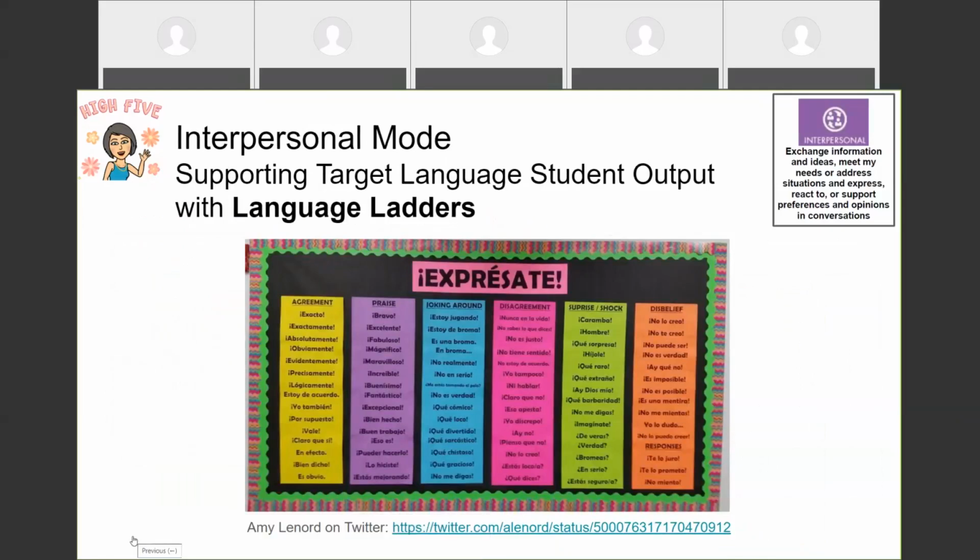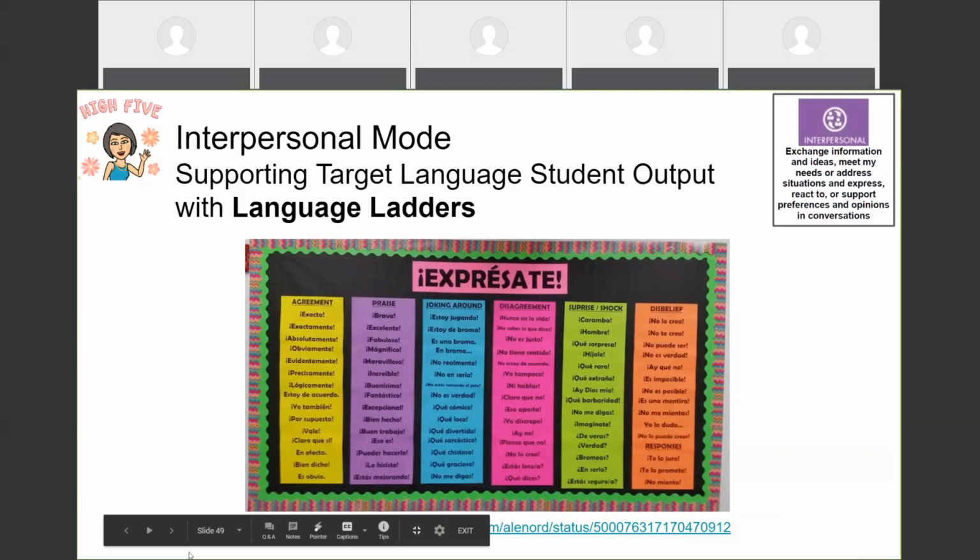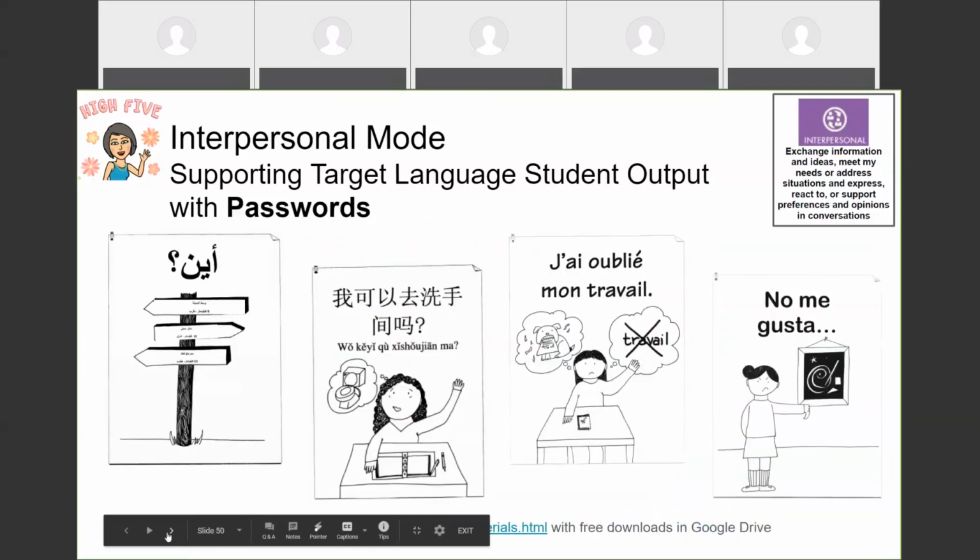This is an example of a word wall in a teacher's classroom where there are different categories of reactions that students could have if they're in a conversation, because that's a normal part of conversation, but our novice and intermediate learners really need help with how to do that. How do they say things like, oh wow, that's interesting, or I agree, or I disagree, or just comment on what the other person said? These kinds of things can be those supports.